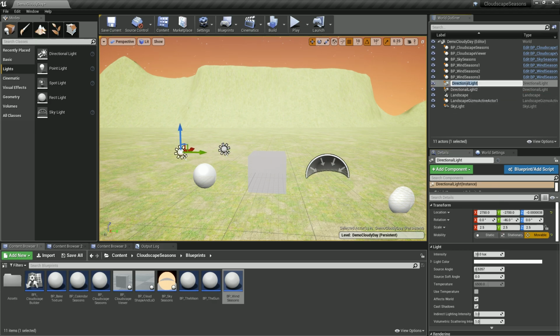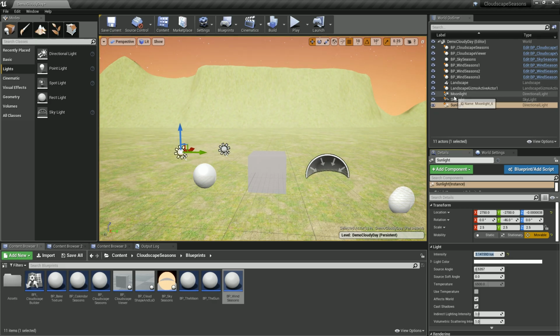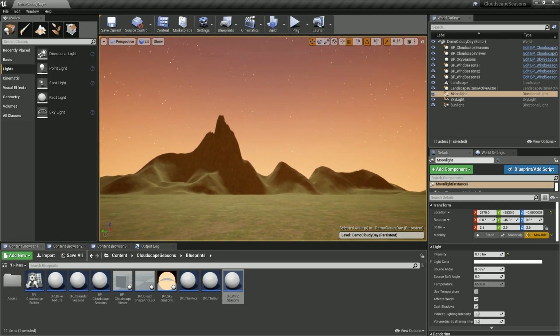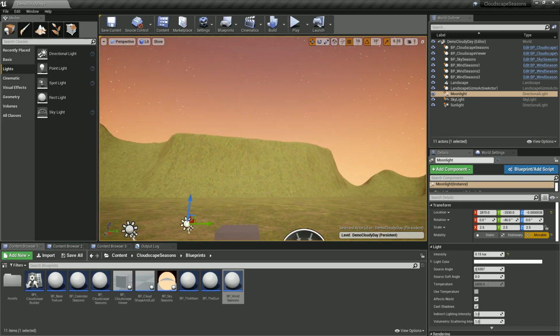One of them we'll call sunlight. And another one we'll call moonlight. Okay, and let's set up on the sunlight pi, and for moonlight something very low. And now you see that there's something going on here. It's not precise yet,